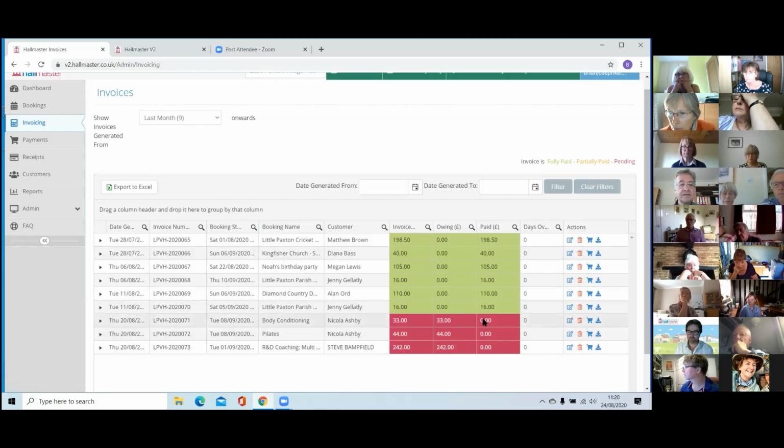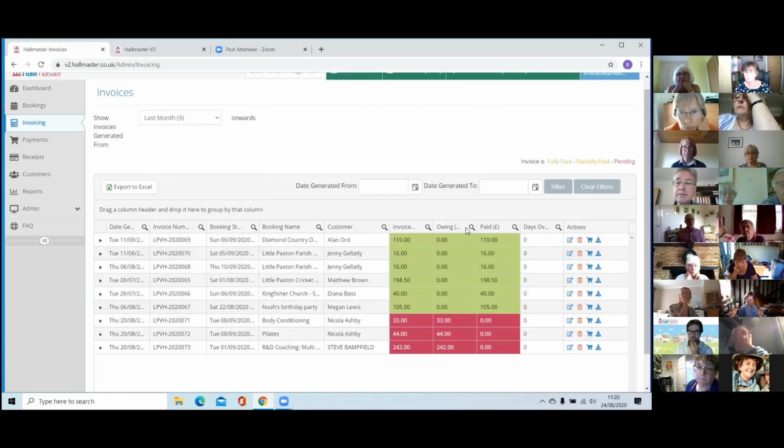So these invoices have, as we can see from the date, just been raised a couple of days ago. So this gives me a very good view of anything that's outstanding. I believe I can also filter by various criteria, and you can sort of slice and dice. But I find I usually come onto this screen and, if I go there, the last 6 months,